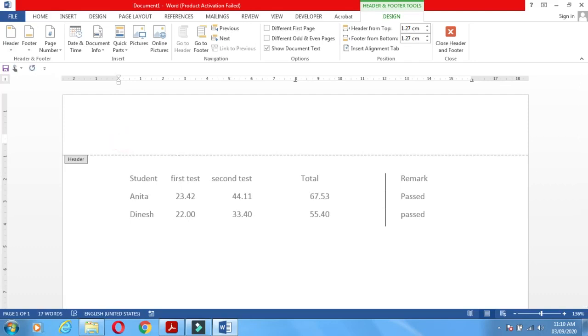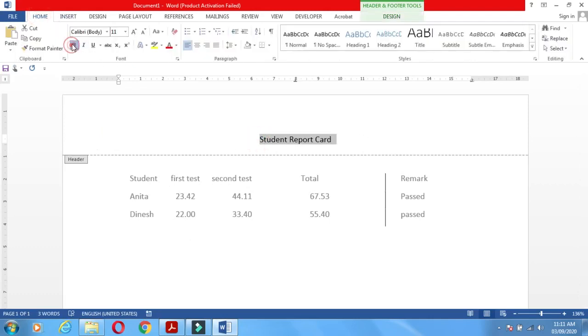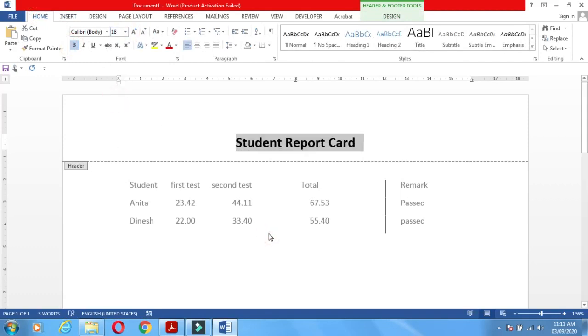If you type here, student report card, okay, means this is the header. This header can appear on each and every page. After applying this, we can specify this header at the center, at the left side, at the right side. Okay, now applying this header, what do we have to do?